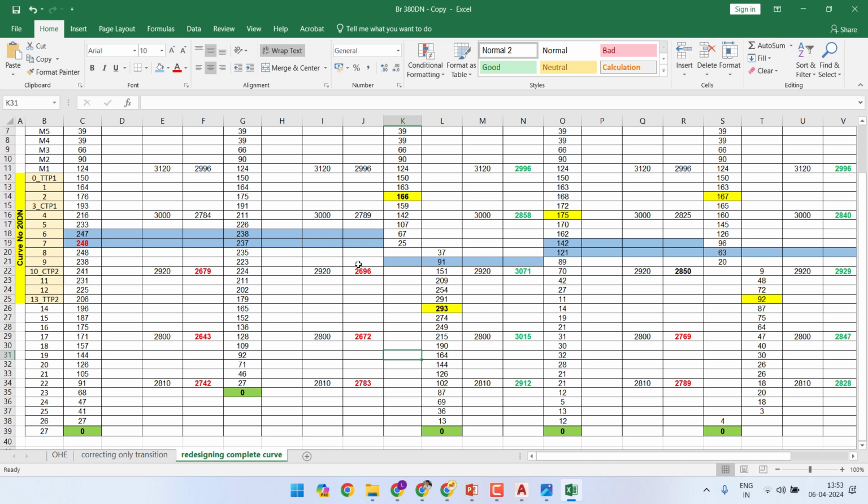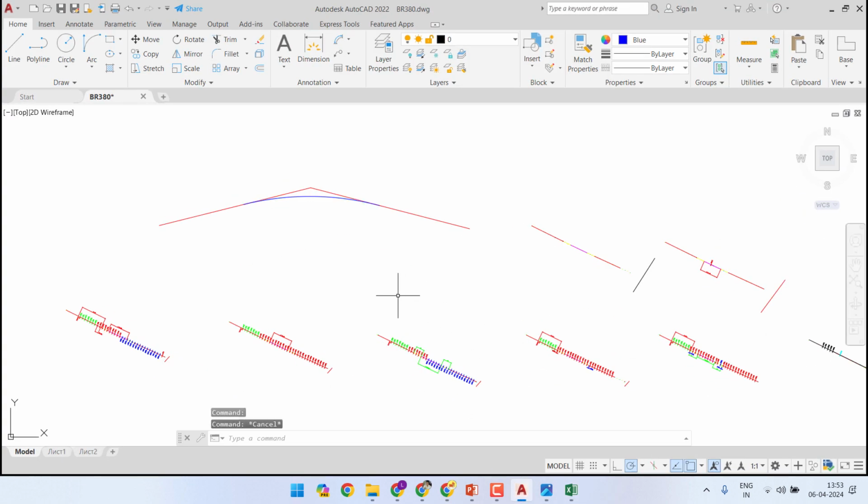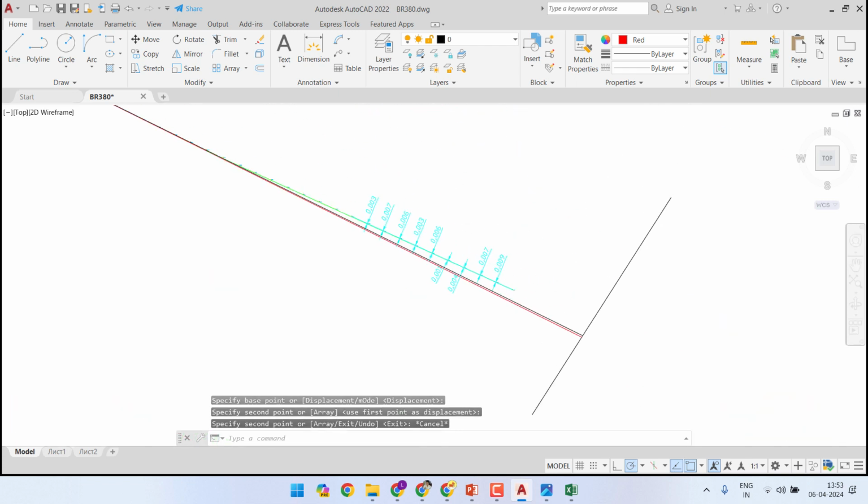So station number 9, we will take an offset from station number 9 on first tangent, and we will draw that point to station number 27. So let's do that. So this is our third trial result. We will repeat our third trial. We will copy the original data, place it here, delete unnecessary values,